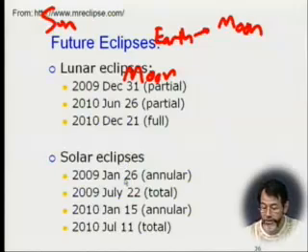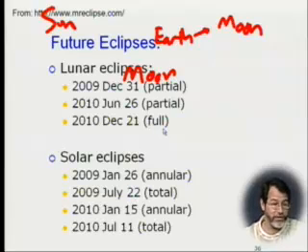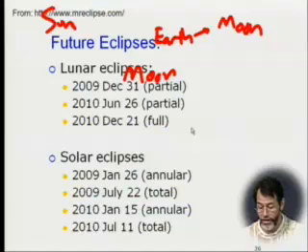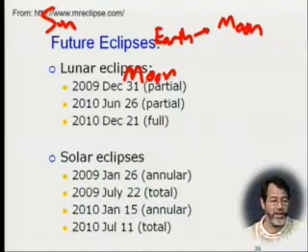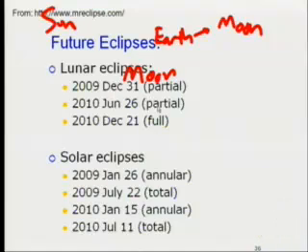There's an annular eclipse coming in January 2009, a total eclipse July 22nd of 2009. We now know exactly when these things are going to occur. And as you can see, there's an annular and total eclipse in 2010. So they probably won't come to right where you are, wherever you're seeing this. You're going to have to go on the web and find where they are. So if you want to go chase them, they will tell you on the web where to go. And you can probably find other people who are going to chase them and conserve resources and have more fun by going with other people to do that.